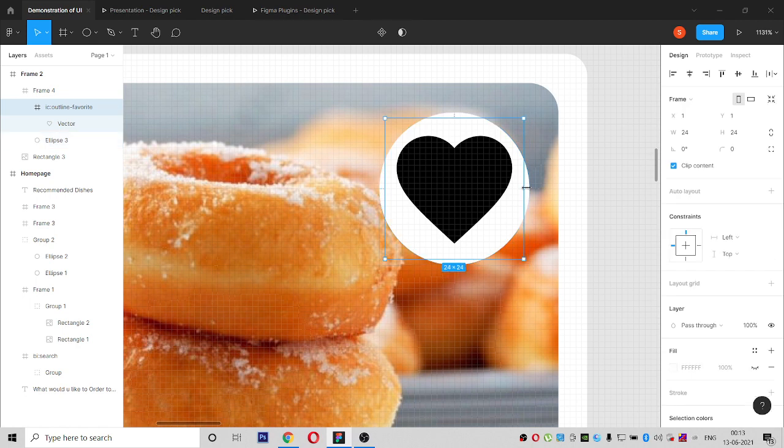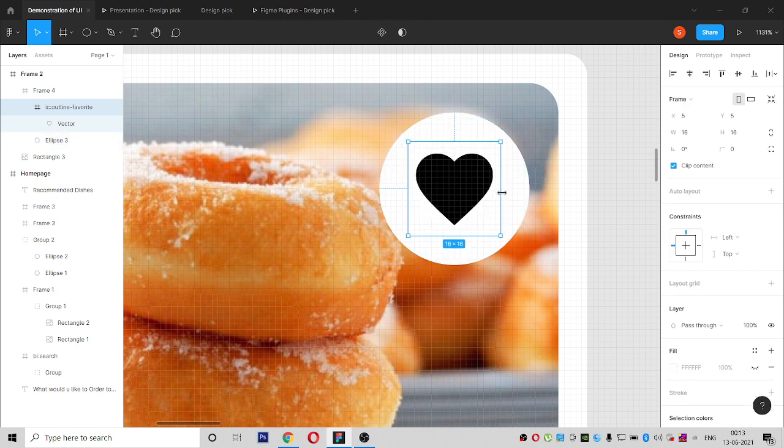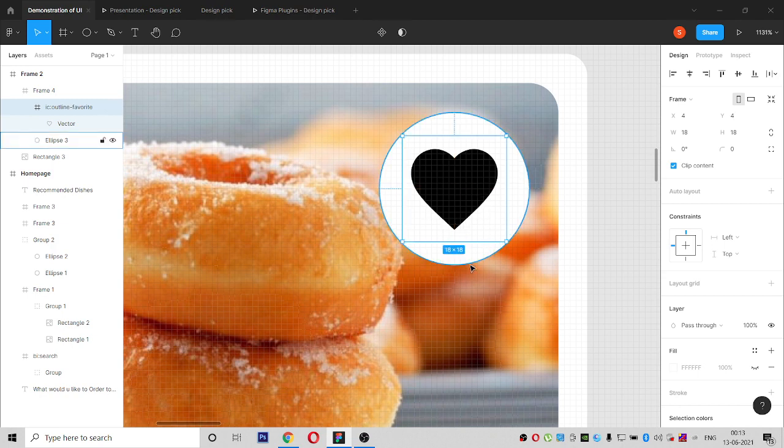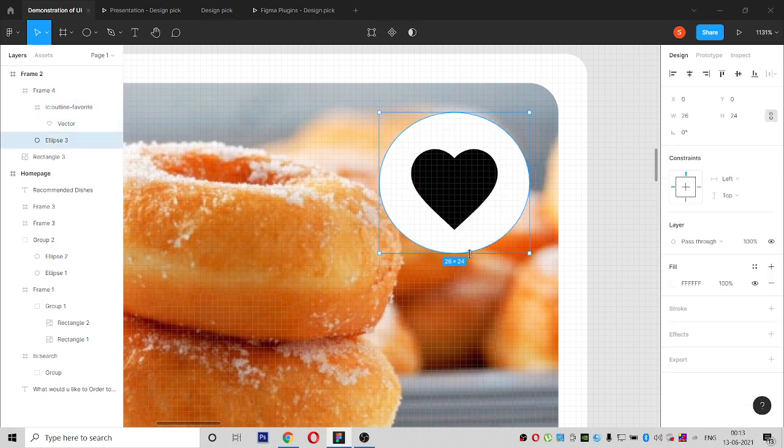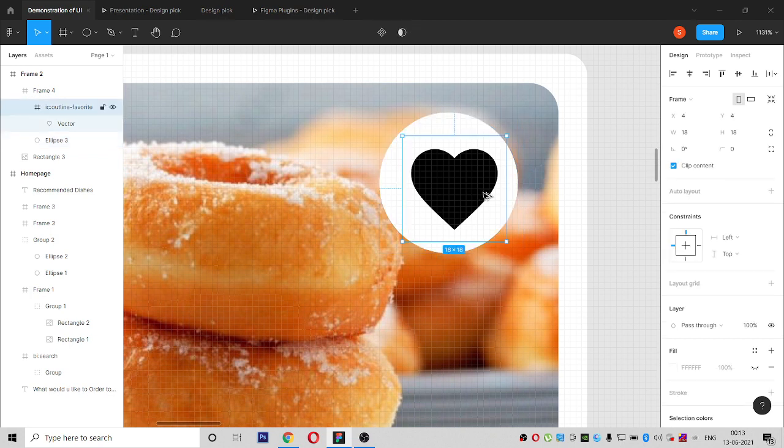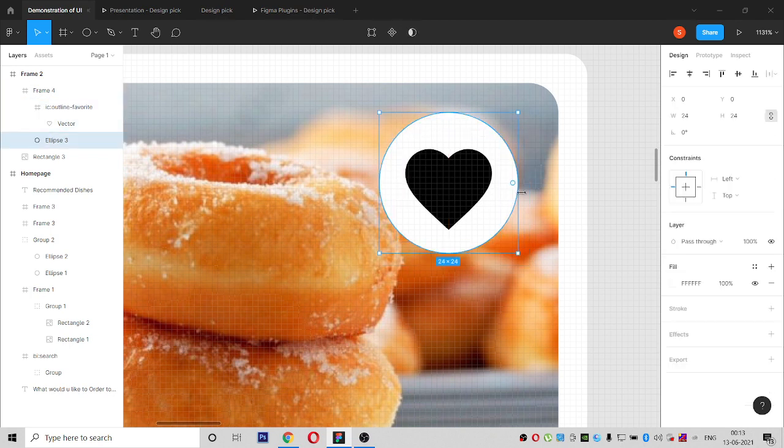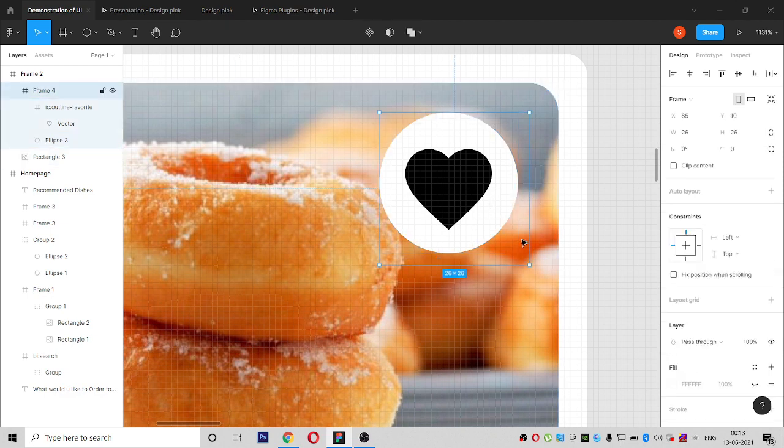And inside, we have to make sure it is 16 or 18 and place it in the middle. We will make this 24 as size, make it middle, and see, this frame size is 26, so we have to make it 24 only.